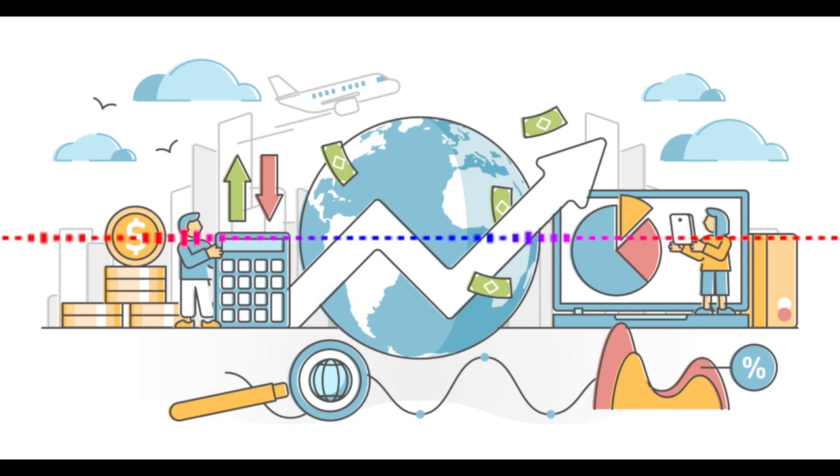shifting the supply curve outward. Changes in the number of producers in the market can also affect the overall supply of a good. Now let's delve into the world of macroeconomics. We'll start with national income accounting, a framework for measuring economic activity. This framework allows us to track a country's overall economic performance.